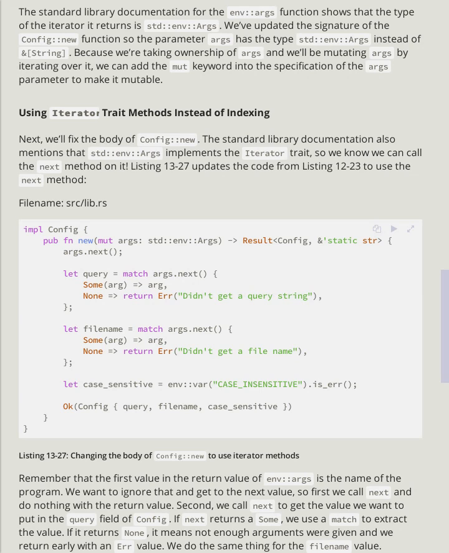It's in lib.rs, impl Config. pub fn new(mut args: std::env::Args) -> Result<Config, &'static str> { args.next(); let query = match args.next() { Some(arg) => arg, None => return Err("Didn't get a query string"), }; let filename = match args.next() { Some(arg) => arg, None => return Err("Didn't get a file name"), }; let case_sensitive = env::var("CASE_SENSITIVE").is_ok(); Ok(Config { query, filename, case_sensitive })